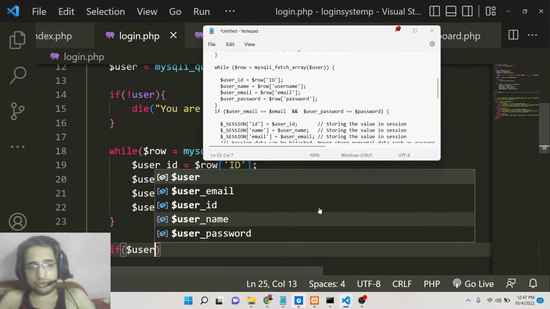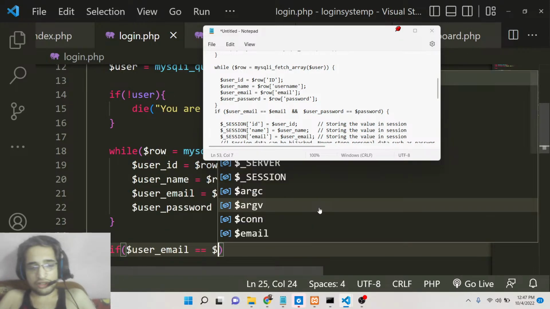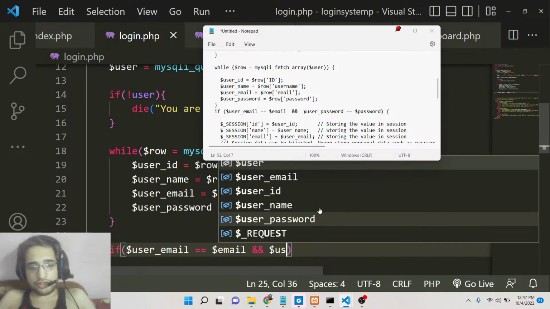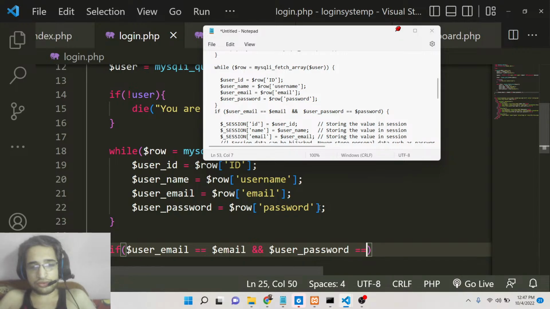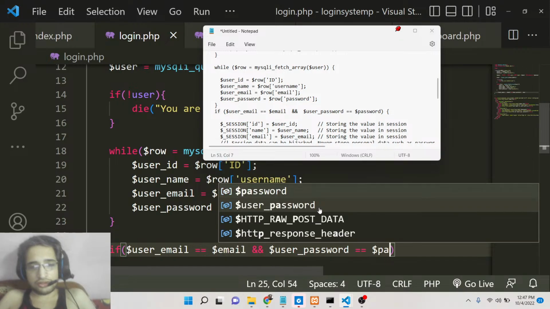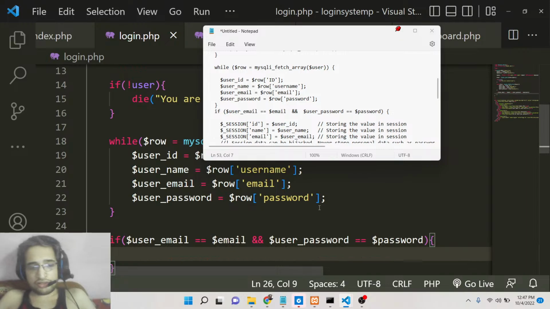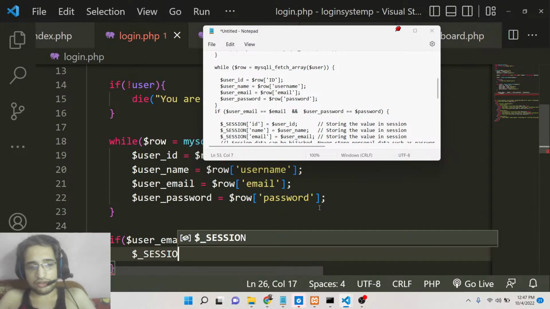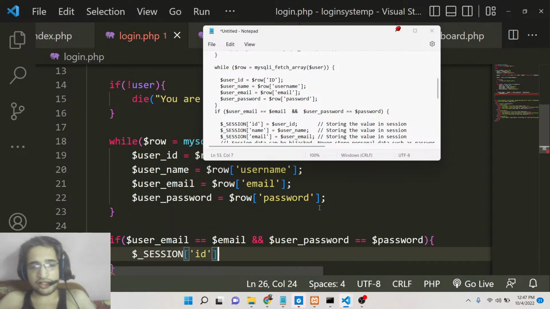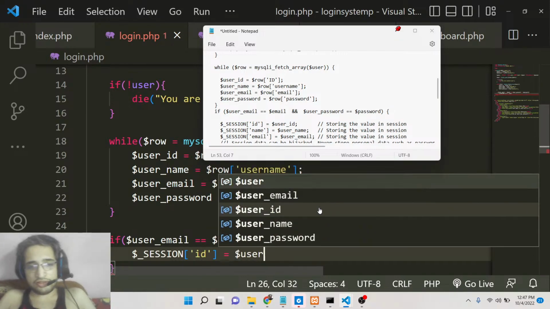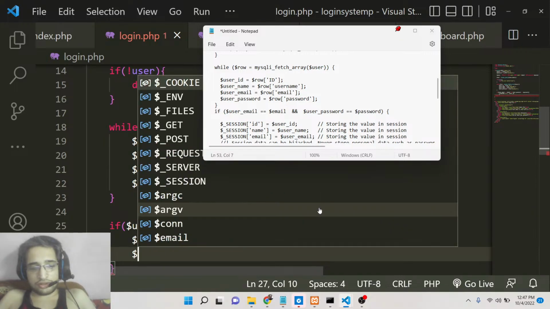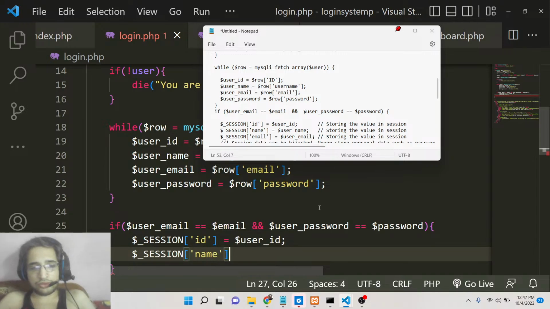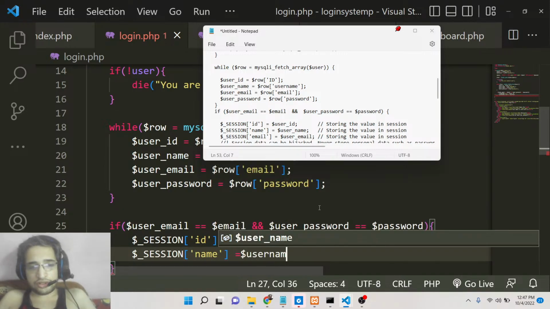If the user email address is equal to the email address which is found, and the user password is also equal to the password, then in this case we can set our session variables. We will set the ID to the user ID which we have got, and also we will set the username to user underscore name,